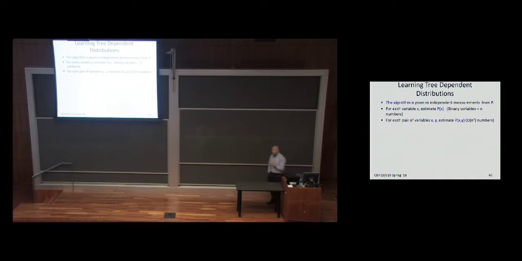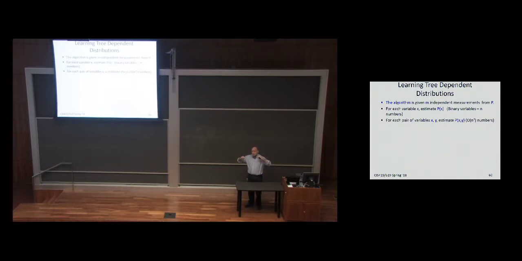Let's assume that all the variables are Boolean variables. How many numbers? You should remember. N variables. How many? N plus 1